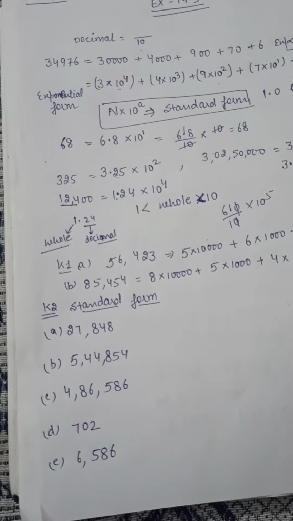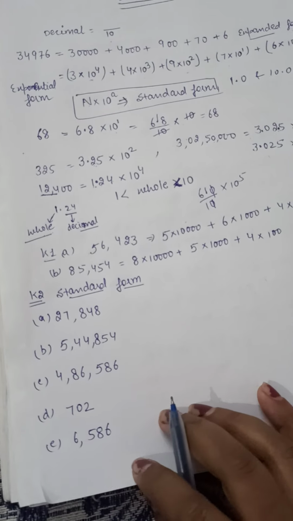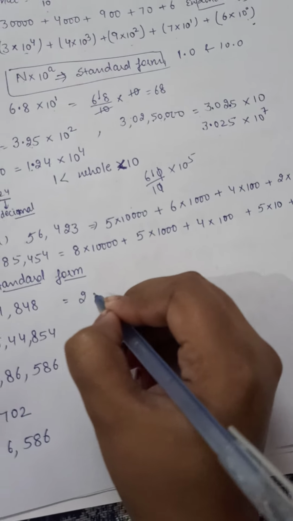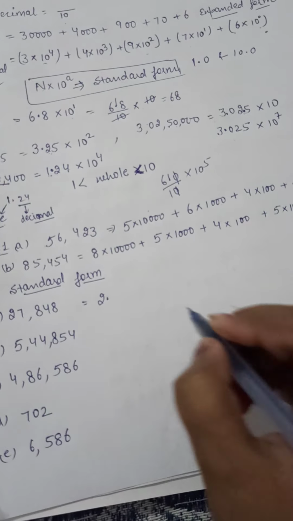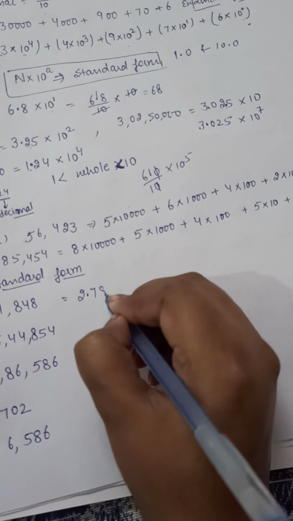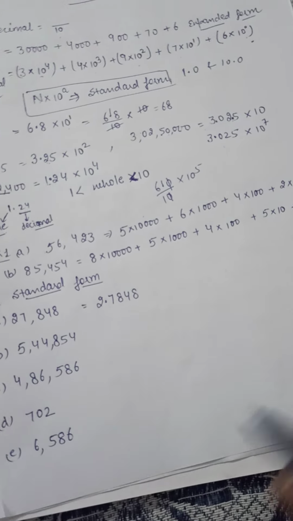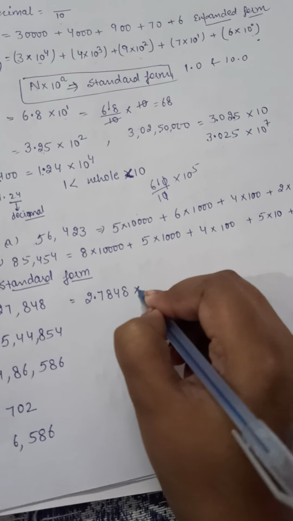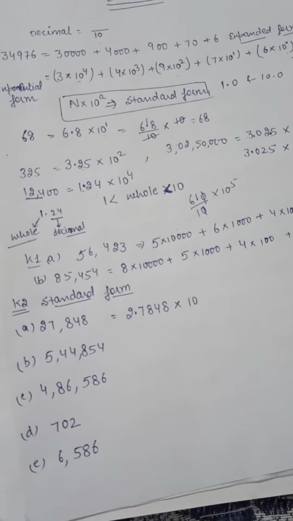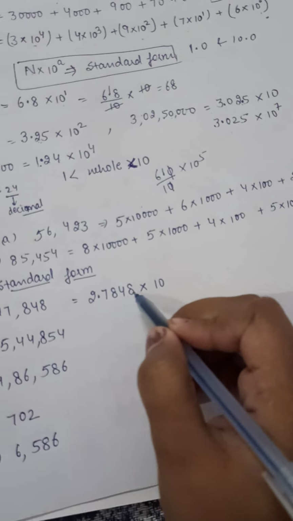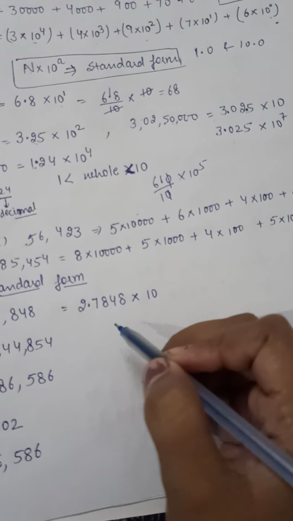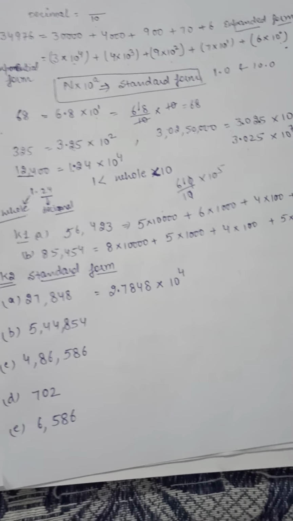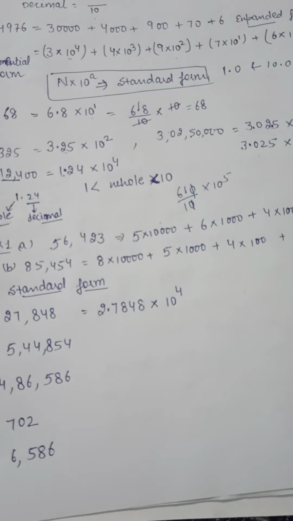Now these are the numbers. So first rule है कि हमें जो है वो decimal से just before the decimal we have to keep one number only, and rest will go as the decimal part, right? Now multiply with 10. Power you will decide how many digits are there after decimal. 4. So power of this is 10 to the power 4. Standard form is very easy.